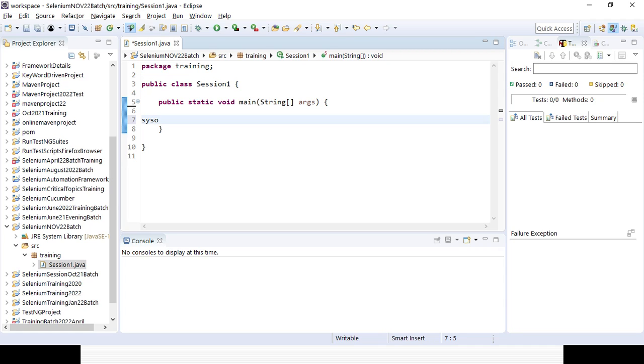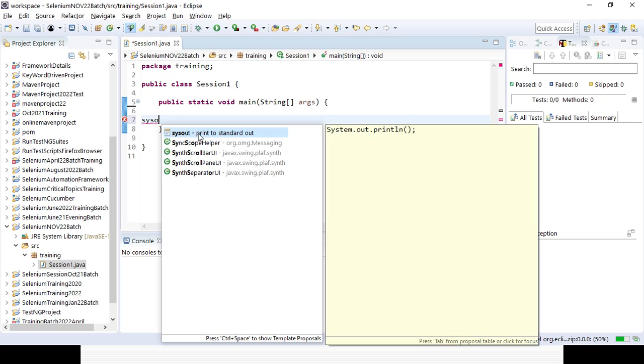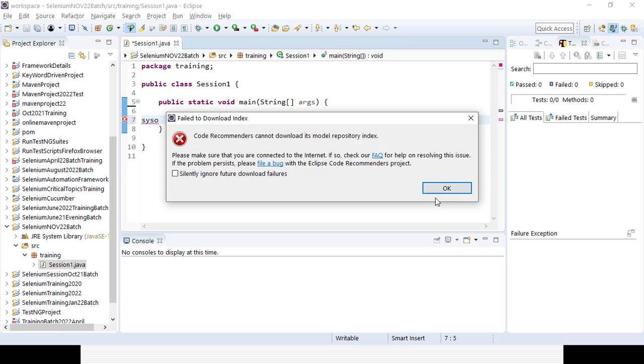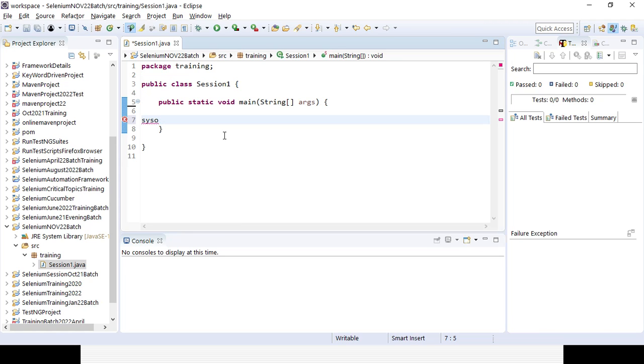If you type and if you press Control Enter from your keyboard, so automatically Java related method which is called system.out.println will become here. So you will type it even. Press SYSO and press Control Enter. So automatically you could see that is giving suggestion. What is that? System.out.println. That is the output method to print something in the console.